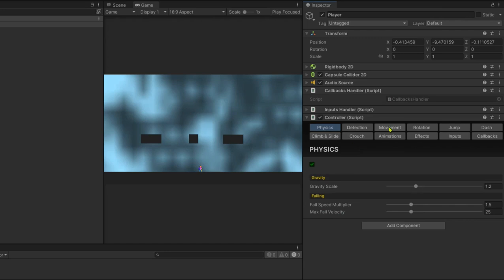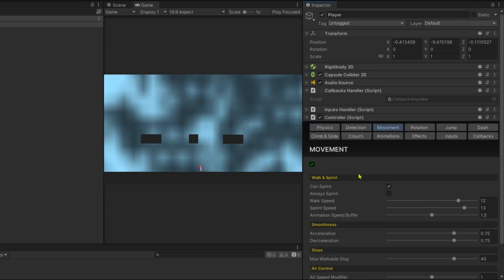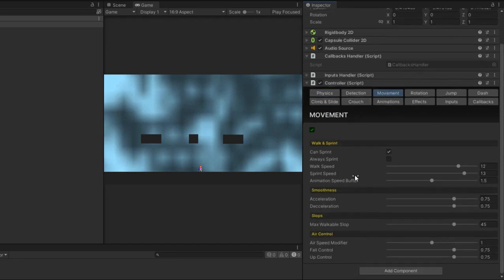And now let's go to movement, since it's one of the important features in Super Mario Bros. Now in the walk and sprint, make the can sprint option enabled, keep it checked, and set the walk speed to 12 and the sprint speed to 13. The animation speed buffer I set here to 1.5 because my animation is slow, so I want the movement